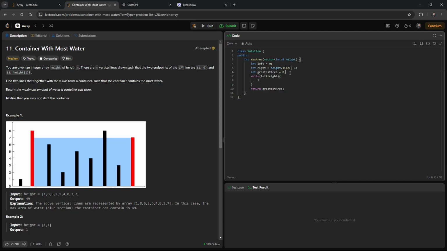Instead of this, let's make another current area. So instead of doing this, what we can do is, if greatest area is less than